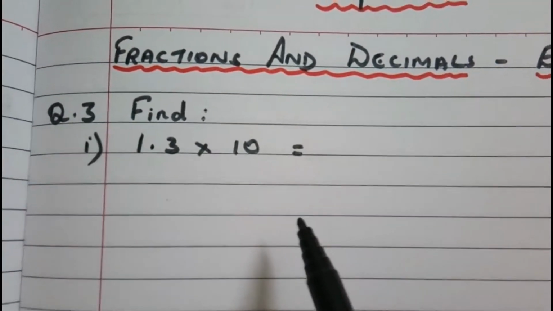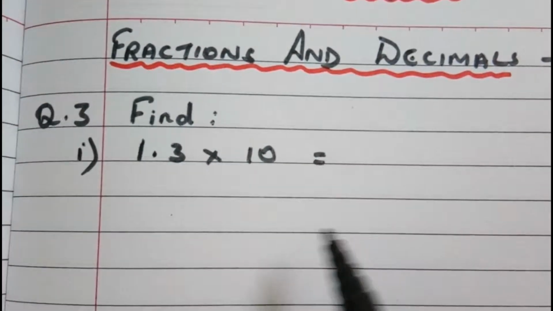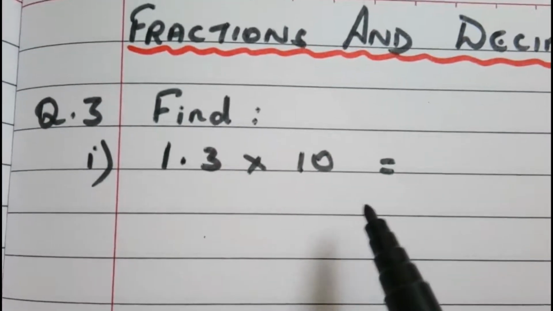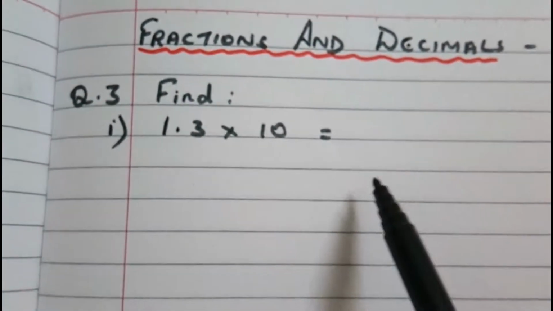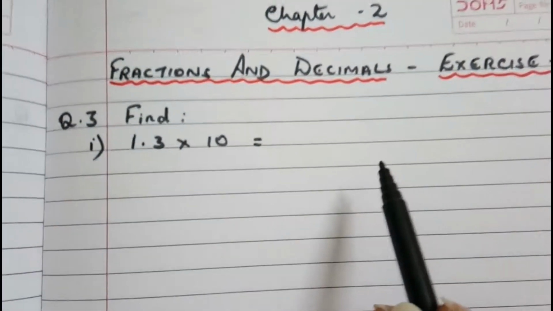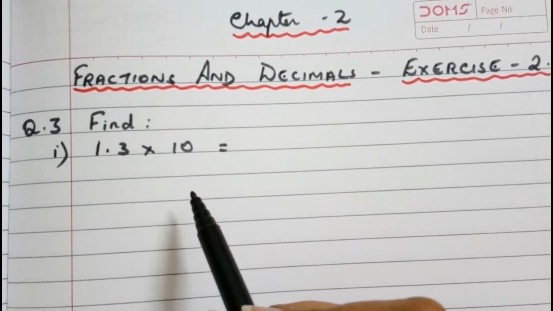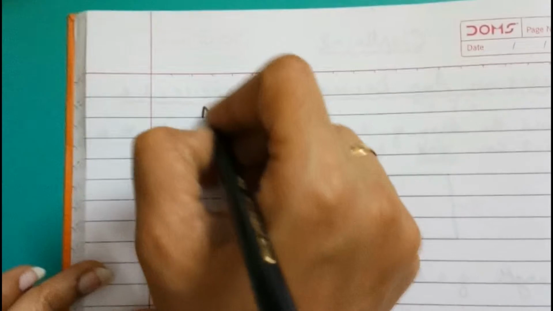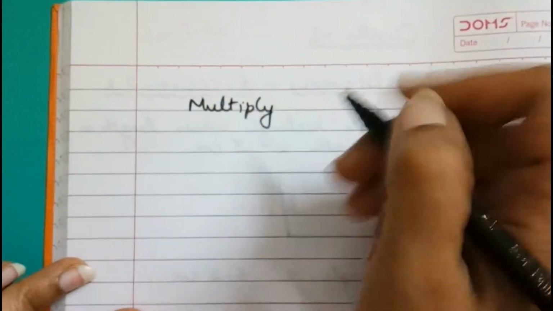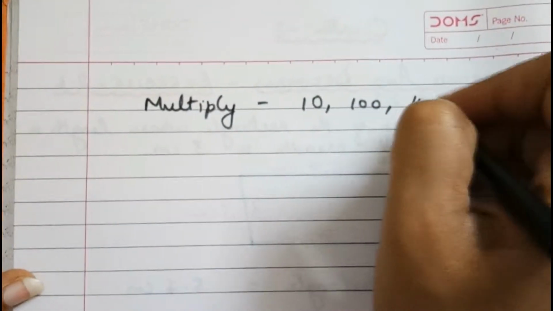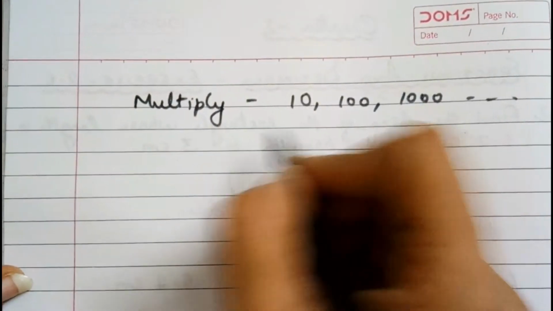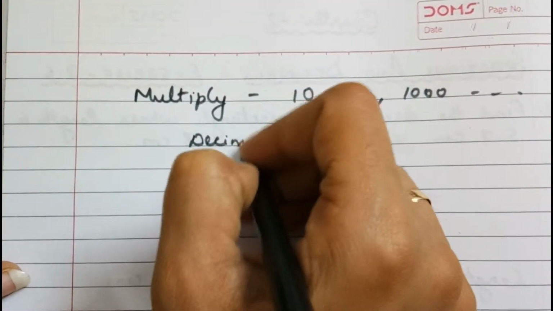Now in this question 3, we have to multiply different decimal numbers by 10, 100, 1000, etc. Before we start this calculation, we will learn a basic fundamental thing. Just remember this, it will be very easy for you. Whenever we have to multiply any decimal number with 10, 100, 1000, etc., always remember the decimal point